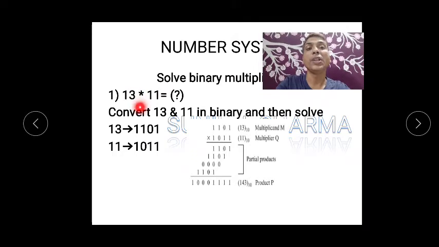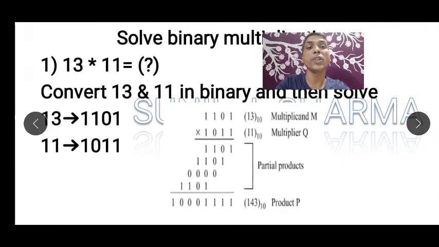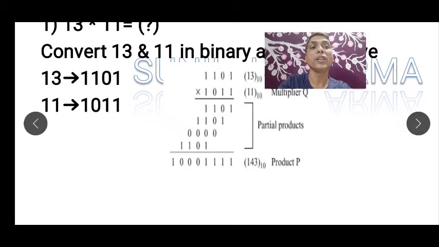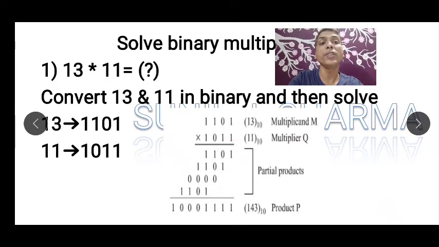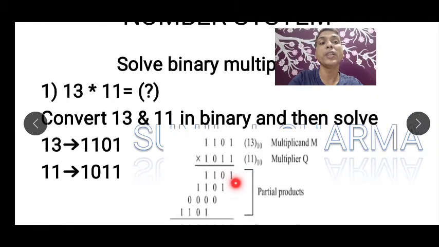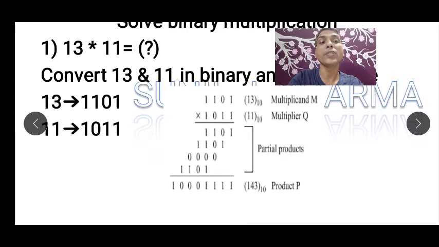Here also 13 into 11. So whatever your number is, that is 143 you will be getting. I think this is an image like multiplier. Okay, so I think you have to multiply one digit at a time. So this will be the same number. Then there is a gap, or you can put an asterisk. Then this is the same number, zeros 1.